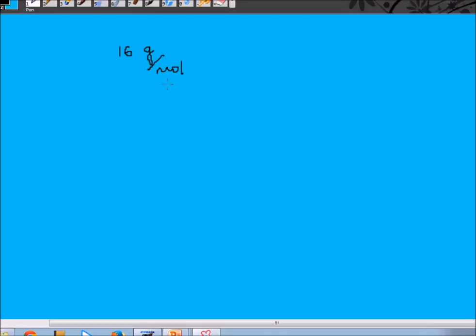Since in the case of gram atomic mass and gram molecular mass you are always talking about 1 mole of entities, you can simply use the unit gram per mole instead of just gram. Because these terms refer not only to mass but also to quantity. They are also a measure of quantity, because as soon as you add the term gram atomic or gram molecular in front of mass, you always fix the number of entities. You always fix them to be 1 mole. So whatever mass comes out to be, it will always be per mole. Okay, so don't get confused.